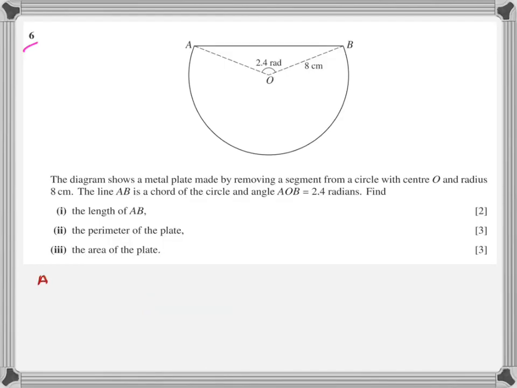Now let's look at this question of circular measure. What is the first thing about circular measure? You need to understand the terminologies. You know what a diameter is, a radius, a circumference, arc length. It's part of a circumference. S is equal to r theta. S is arc length, r is radius, theta is the angle in radians.